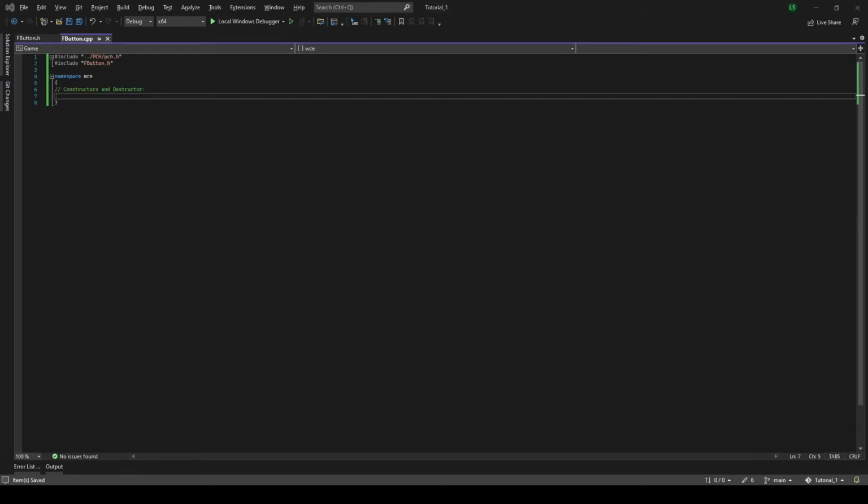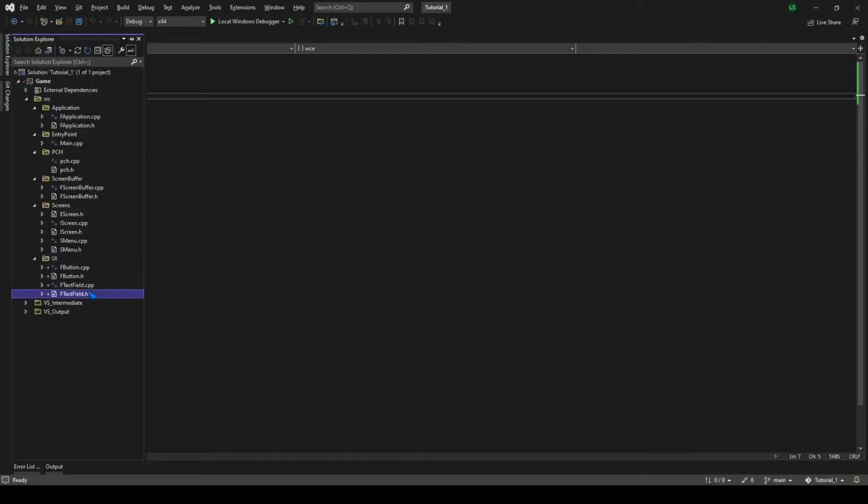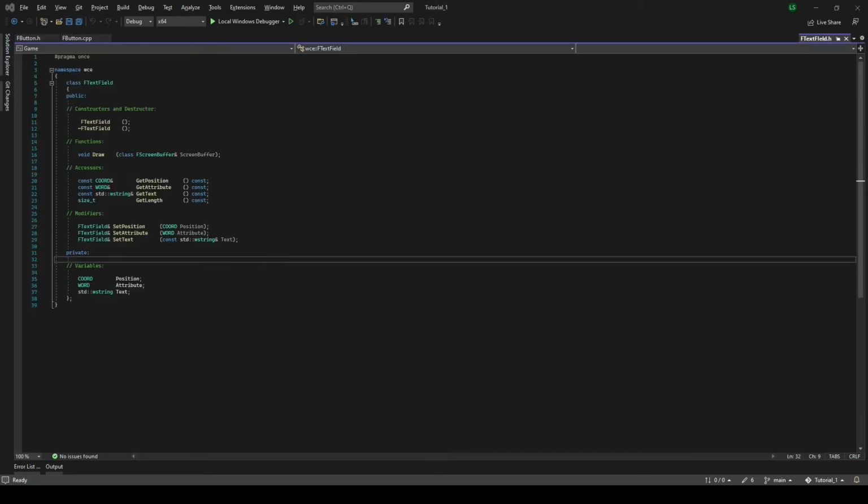I have refactored the code a little bit, so let's go back to our text field and add some